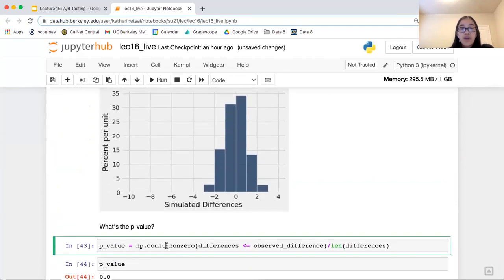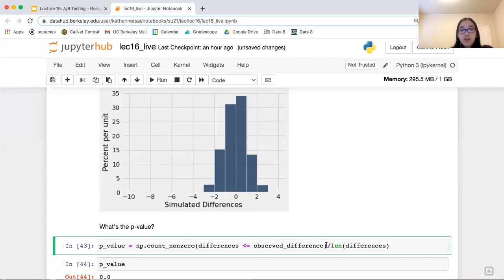And so for our p-value, we wanted to calculate the probability under the null that we get our observed value or more extreme. And so in order to get that probability, we want to count up how many of those are observed value or more extreme. And we want to divide that by the total number of simulated values.